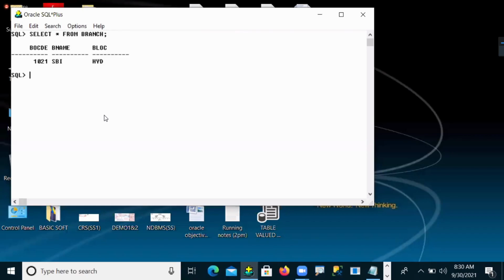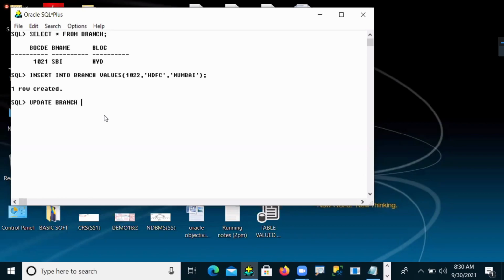Okay, now what I'm doing here, observe. Same thing I'm doing now. Insert into branch values 1022, HDFC, Mumbai. Okay, temporarily inserted.